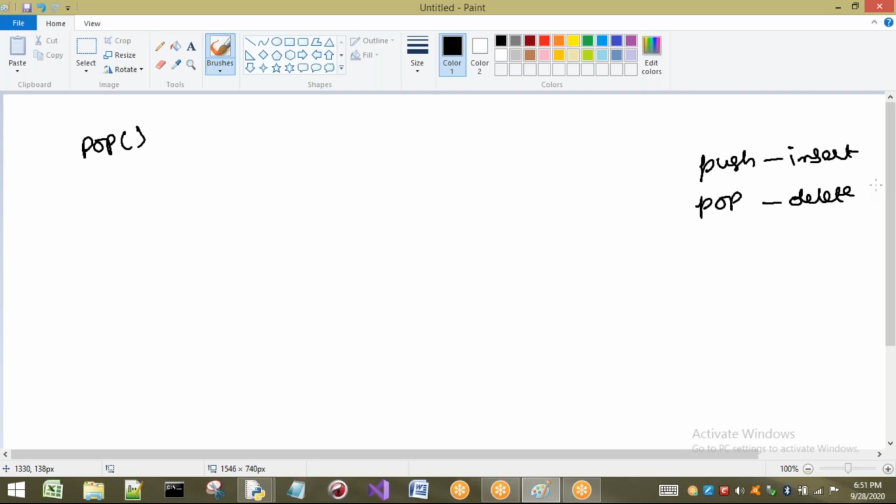So remove will remove what? If I want to remove a particular element, then I have to go to remove. But if you want to remove the element at a particular index of the list, then I have to go to the pop method. Consider this list. I want to remove the element at index 2, that is 0, 1, 2. Then I have to write L dot pop of 2. This element is going to be removed. Now with a small example I am going to show you this pop.